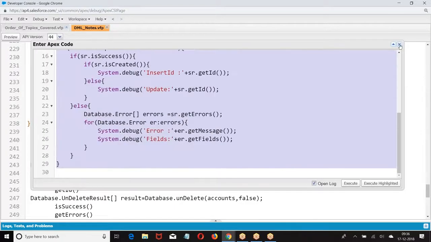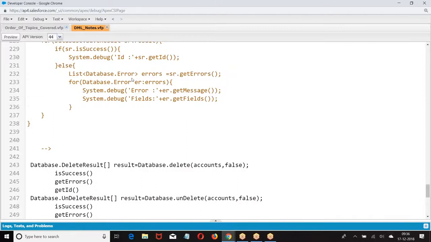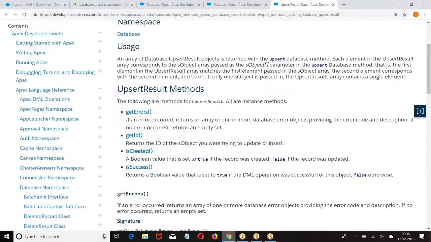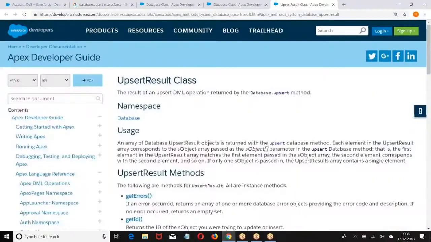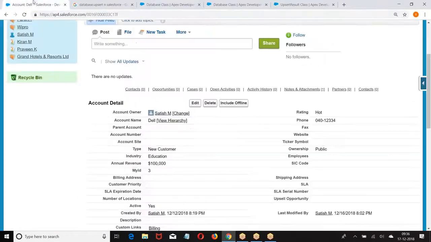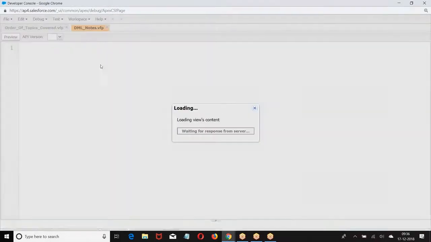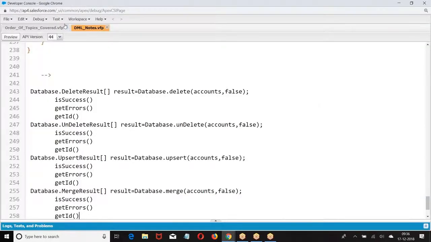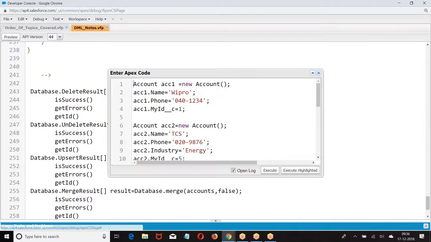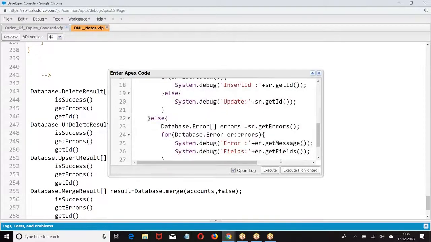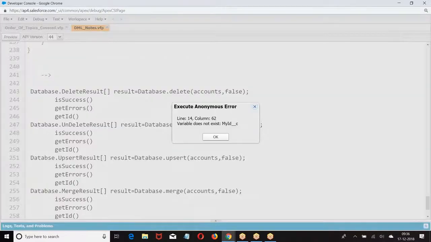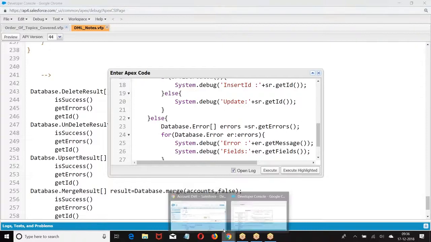The reason is I already opened the developer console, and then I created a field. After opening the developer console, I created a field, so the field is not recognized. Close the developer console, open it again. Oops.